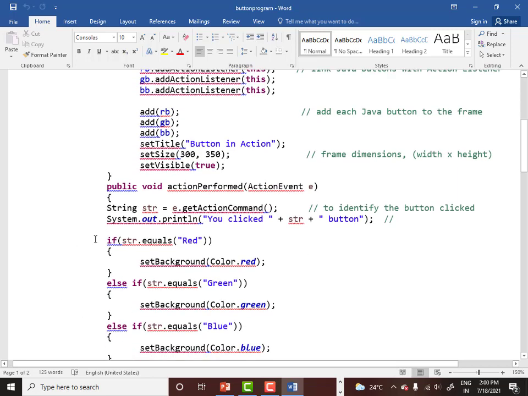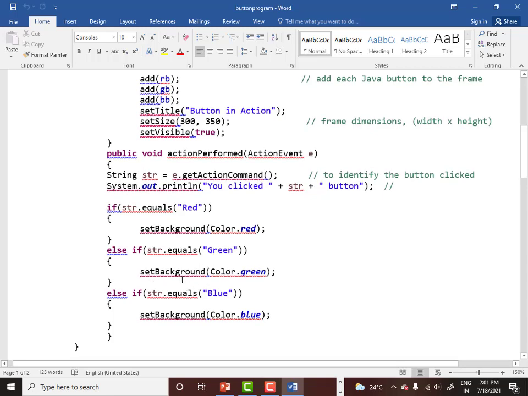Then in the if else if ladder, the first if evaluates to false, but the second if evaluates to true. So then what happens? It will set the background color to green. So like this, you are overriding this actionPerformed method of the action listener interface.